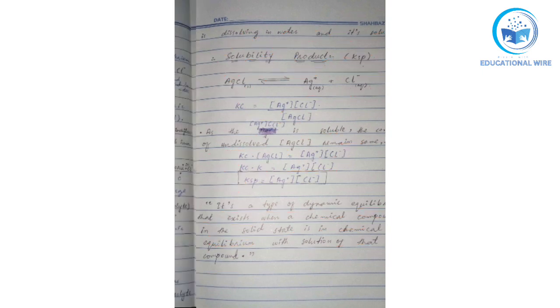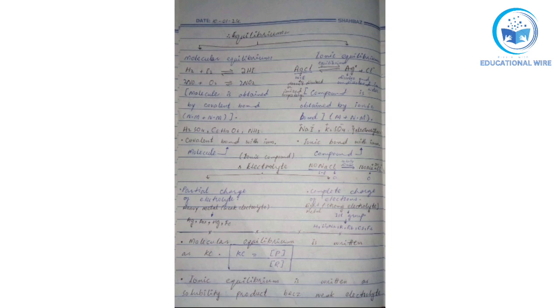Hope you understand solubility product with the help of ionic equilibrium and electrolyte. Basically, to write any reaction in a solubility product, we are using ionic equilibrium, and in ionic equilibrium we are using weak electrolytes. I also told you how to know whether it's a weak or a strong electrolyte. Heavy metals are weak electrolytes with partial charge, and light metals in the first group of the periodic table are strong electrolytes, with complete charge of